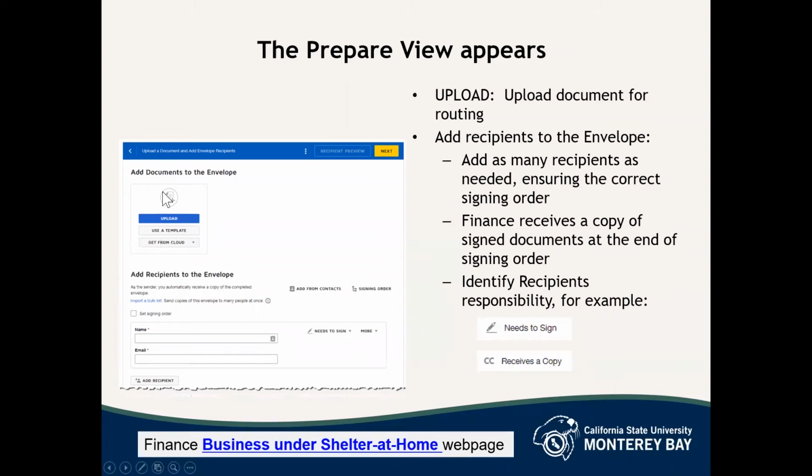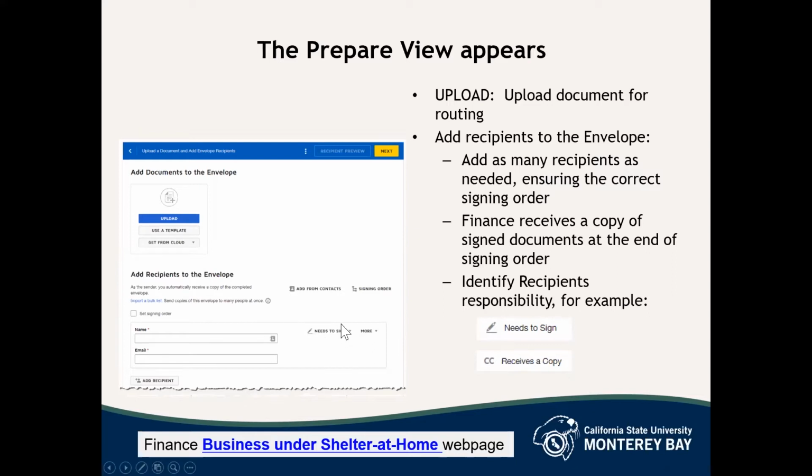And here's the important part where you want to add your recipients. So you would enter the name and the email. You can add as many recipients as you need, ensuring that you have the correct signing order. Since we're talking about finance documents, you want to ensure that that last recipient is somebody within finance and that they receive a copy of the finished completed document.